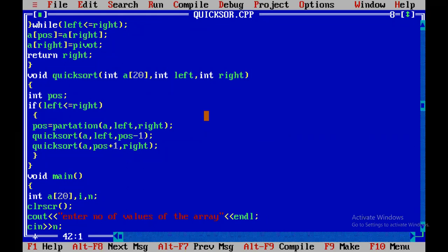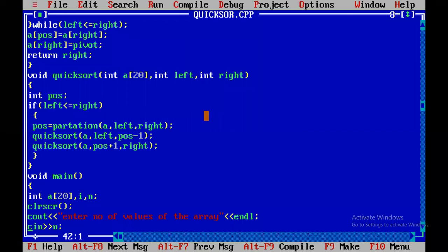If they ask for the algorithm for merge sort, you have to write just merge sort and merge, both. If they ask for a program for merge sort, you have to write main, merge, and merge sort. So actually, there are three types of questions that will arise from sorting techniques in this unit.